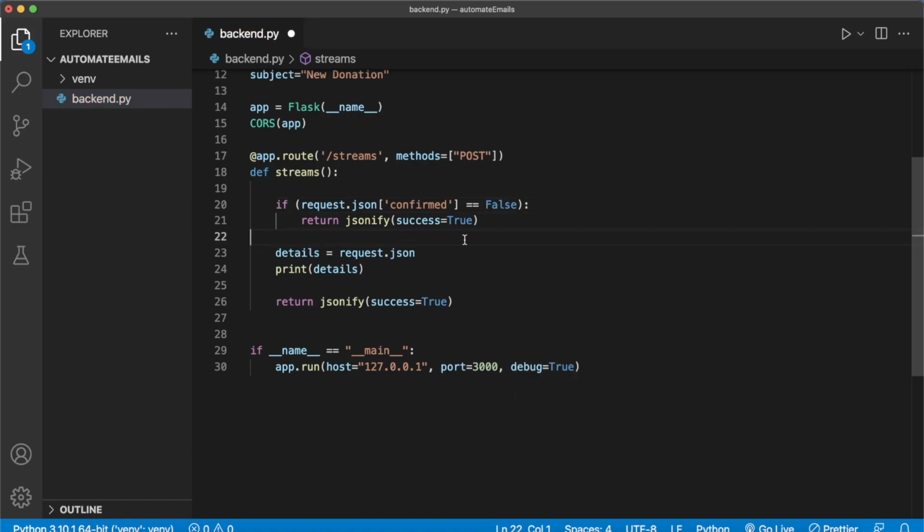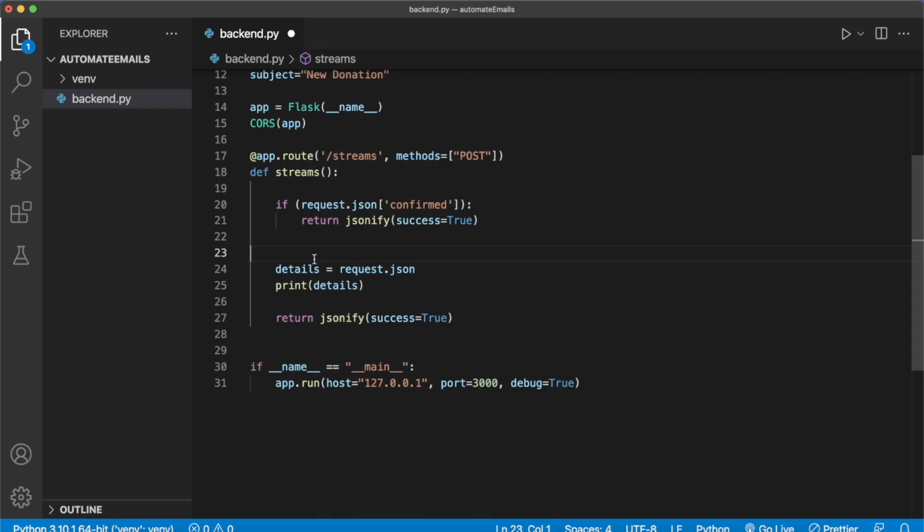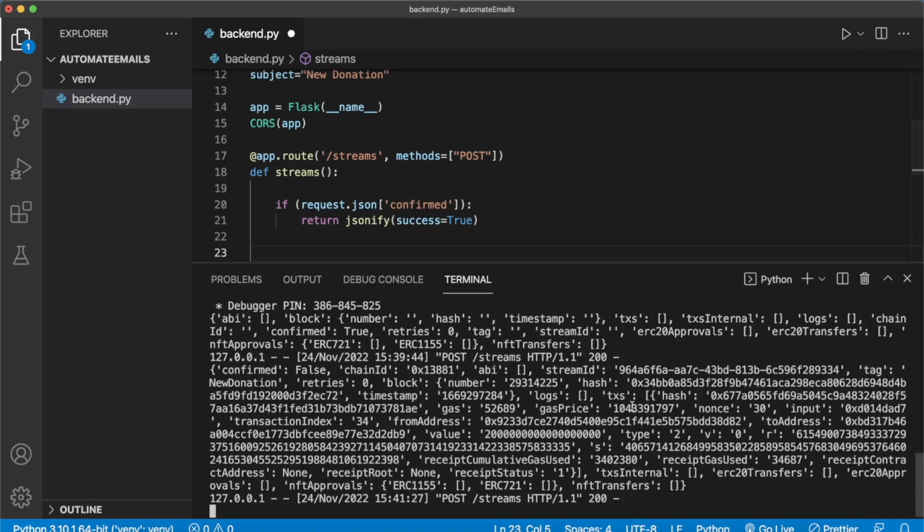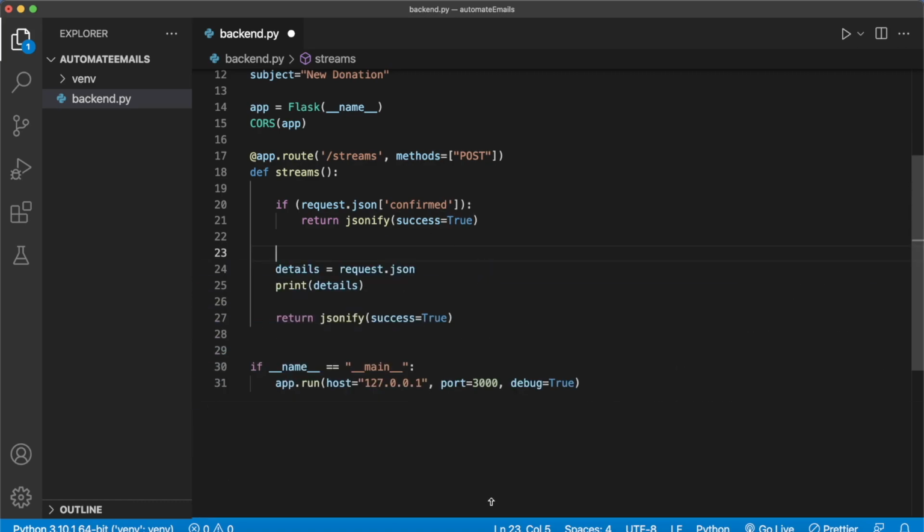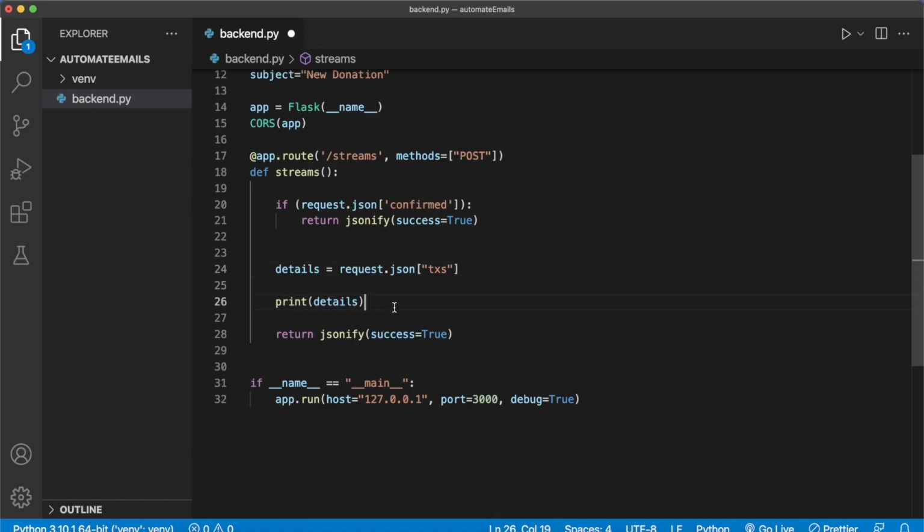So now you wouldn't get any emails if the webhook or the transaction isn't actually confirmed on the blockchain. But this is just the initial checkup over here. Then rather than getting the whole response over here, we're only interested in the transactions array. So we'll close this terminal, and over here we'll call the details our transactions key, and then we can loop around all the transactions that were present in the